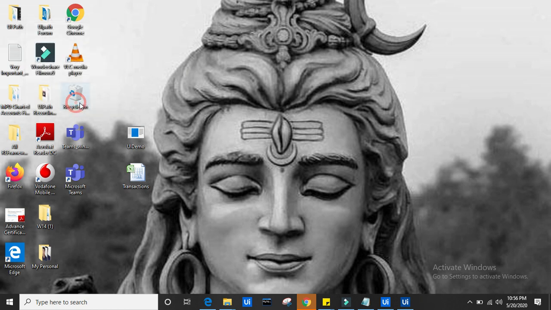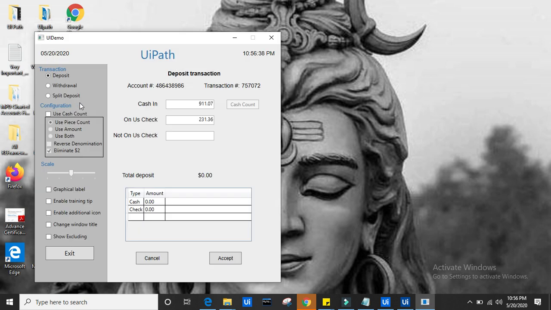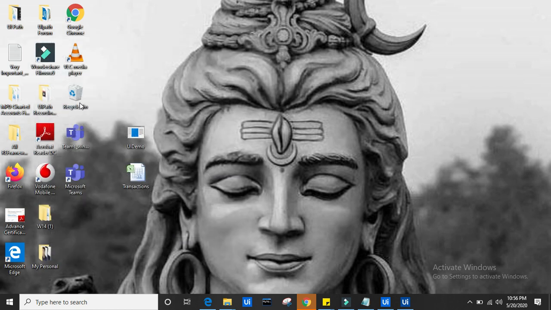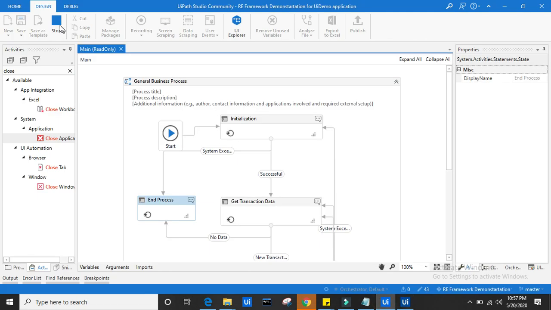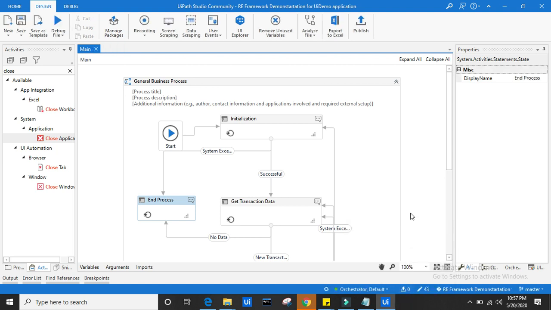Admin password login, first transaction, second transaction, third row, fourth, it keeps on reading row by row. Once there is no data in a row, it should close the UI demo application. Yes, I think it has closed. Okay, we stop this. It has been closed.